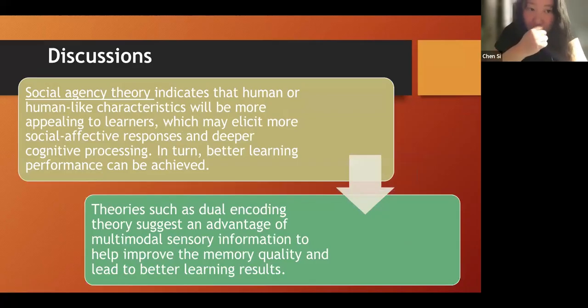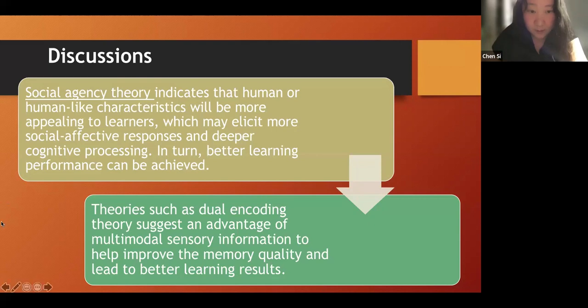And for the robot training, the social agents theory indicates that human or human-like characteristics will be more appealing to learners, which may elicit more social affective responses and deeper cognitive processing, and in turn probably it will lead to better learning performance.